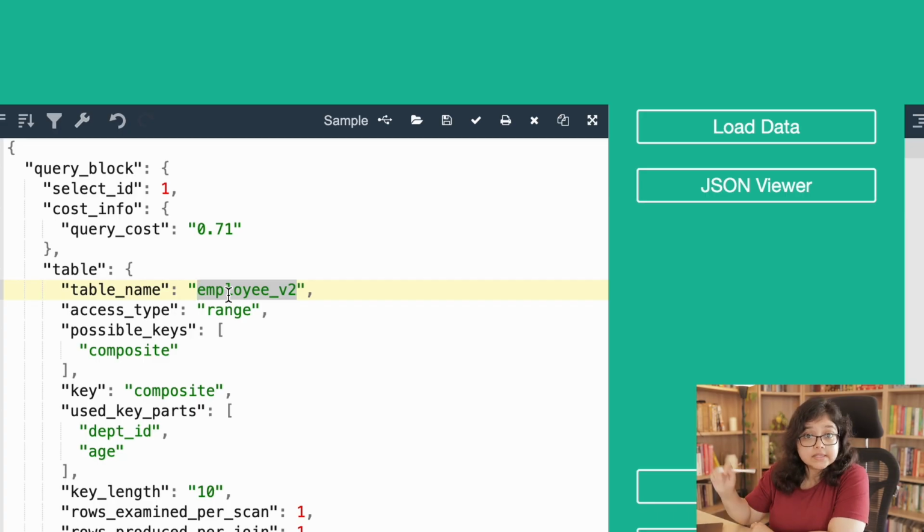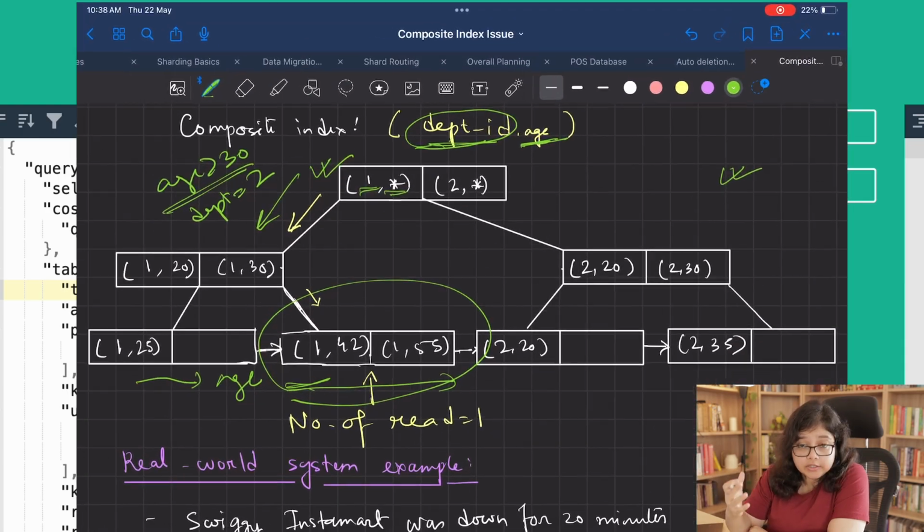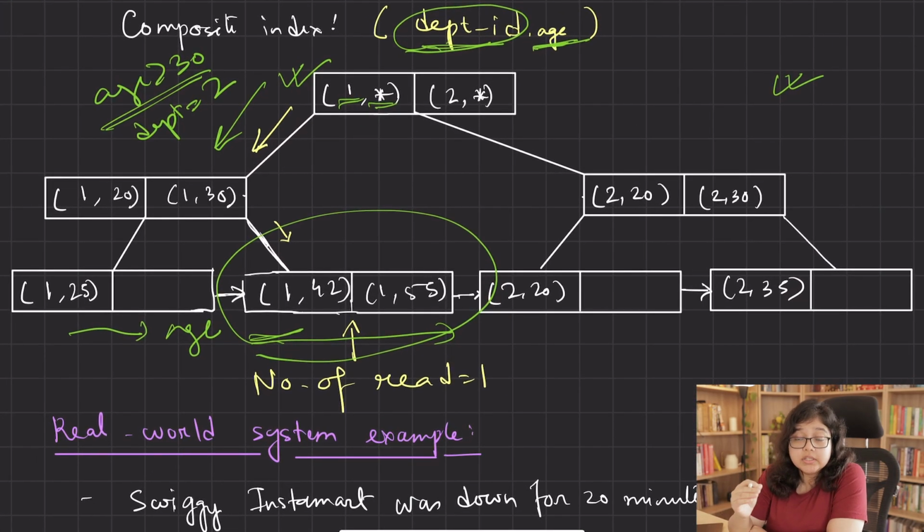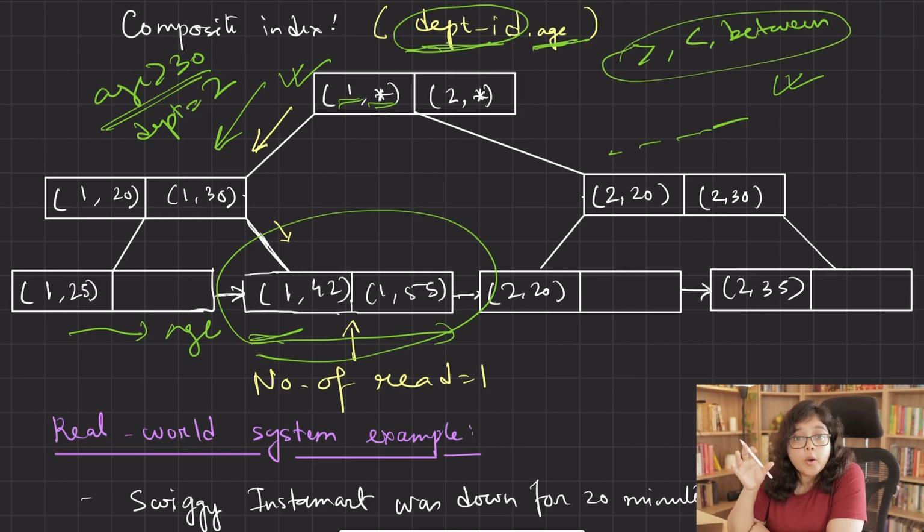So from this discussion, from this analysis, we can conclude that it is very crucial to choose the order of the columns while designing a composite index. If you have a column on which you have range filters like greater than, less than, or between, it is better to place it at the end of the index so that the database engine can efficiently use the preceding columns, and at the end it can apply the range filter. This will optimize the index usage.